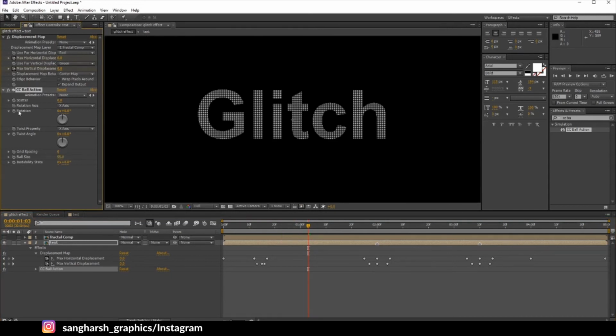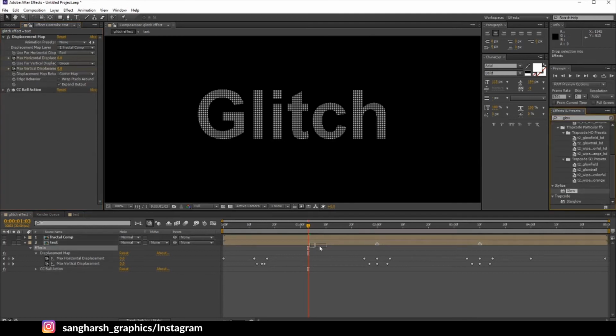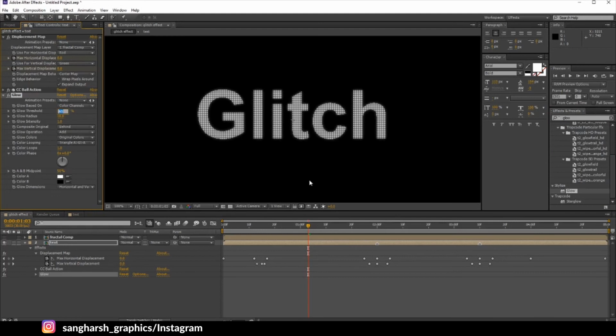Yeah, perfect. Now search for glow, apply the glow on the text layer, reduce the threshold to 20, let's make the radius 20 and intensity 0.5. We have a smooth small glow.